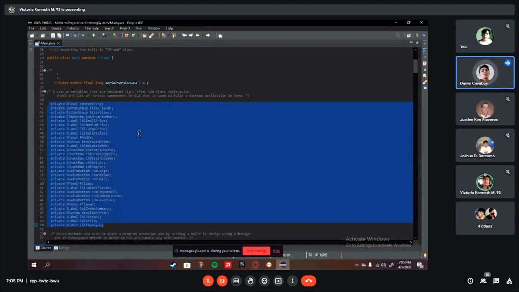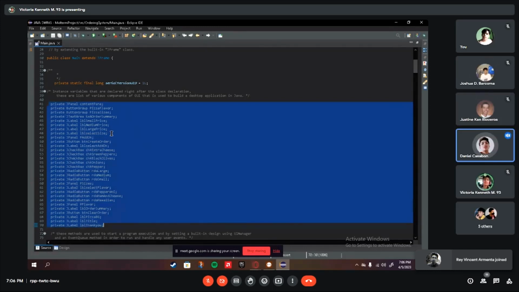The following will be the private added components in the Java Swing, such as private JPanel contentPane, private ButtonGroup pizzaFlavor, private ButtonGroup pizzaSizes, private JTextArea textOrderSummary, private JLabel lblSmallPrice, private JLabel lblMediumPrice, private JLabel lblLargePrice, private JLabel lblSelectSize, private JPanel addOn, private JButton btnCreateOrder, private JLabel lblSelectAddOn, private JCheckBox extraCheese, private JCheckBox chkGreenPeppers, private JCheckBox chkBlackOlives,